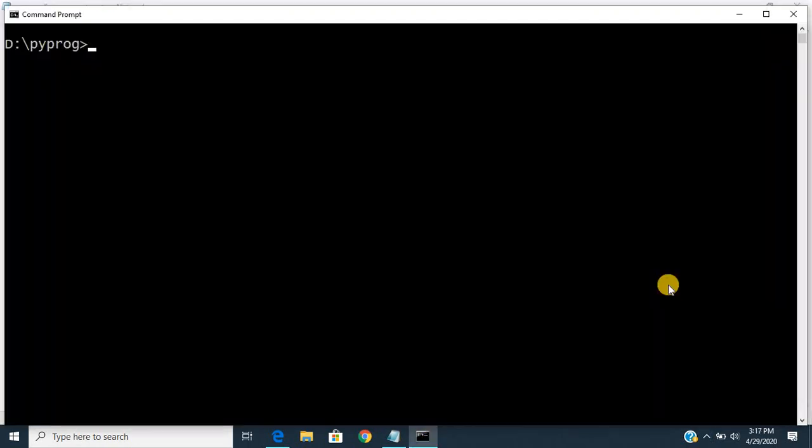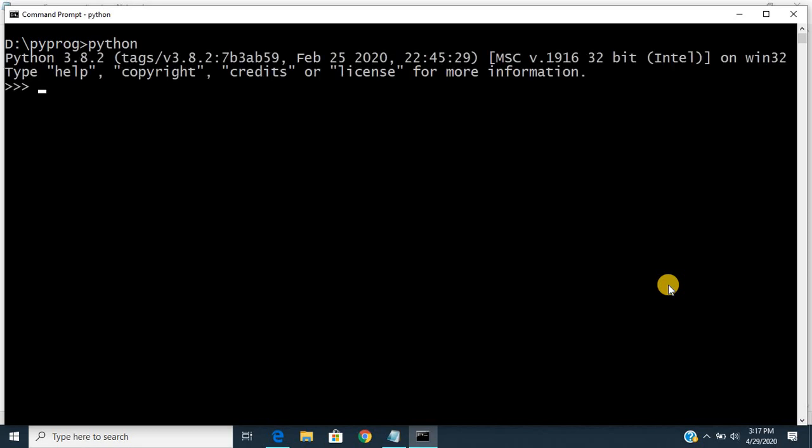Let's get started. For executing the Python program at the command line, first of all we need to verify whether Python is installed on our computer or not. To verify whether Python is properly installed as well as configured for our machine, you can simply use the command python, which shows that Python is properly installed. If you are not getting this output, then our system is not configured for Python. First finish the Python installation and then come back. I will cover the Python installation steps in one more session.